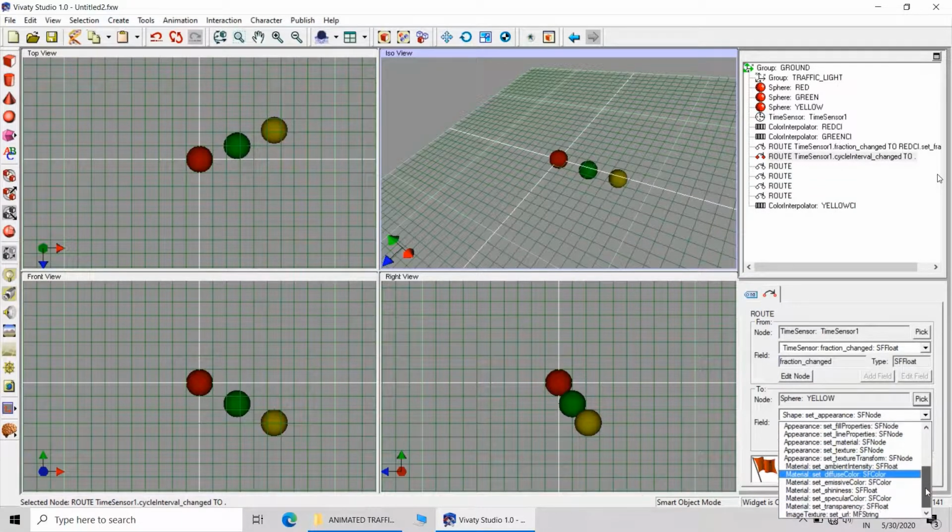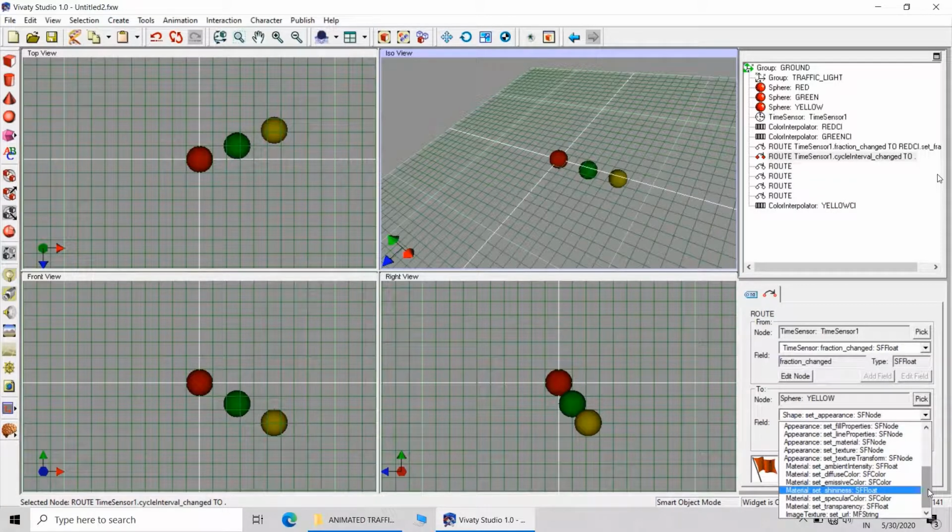And choose the appropriate field. Once the appropriate field is selected, it will become valid. Oh, I have made a mistake actually. It should not be to the sphere. I selected the sphere, that's why I'm not getting the perfect result.